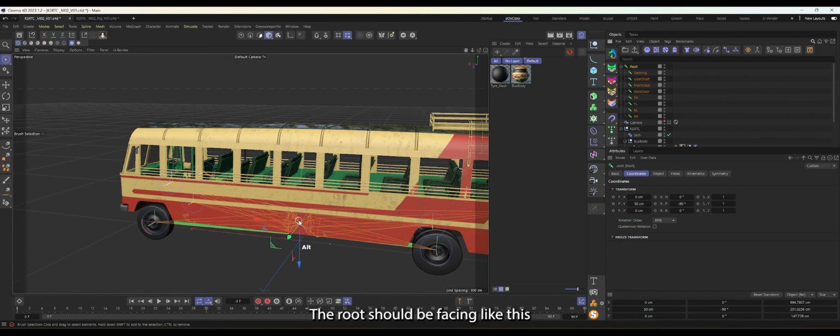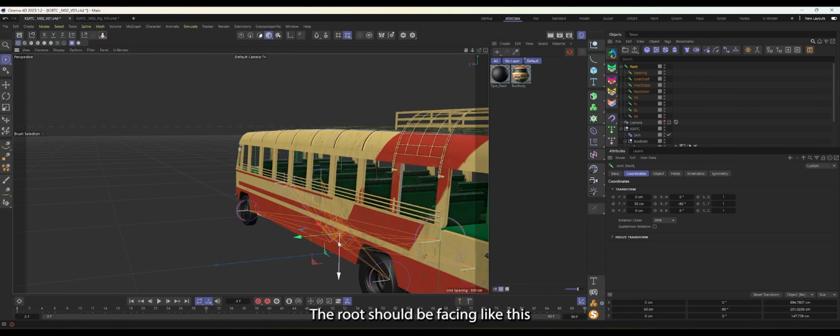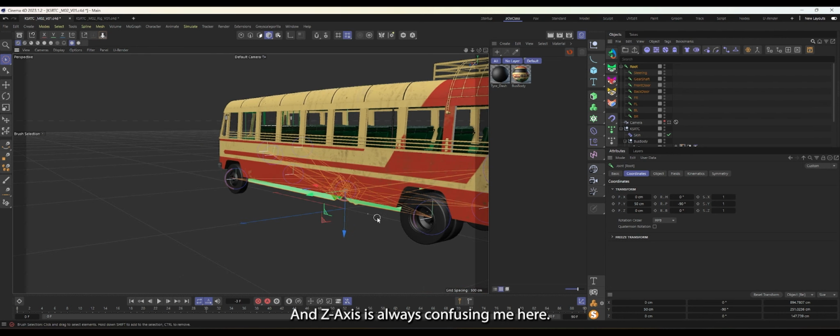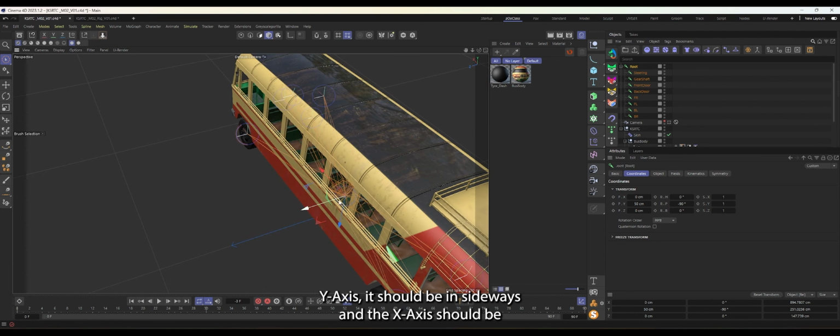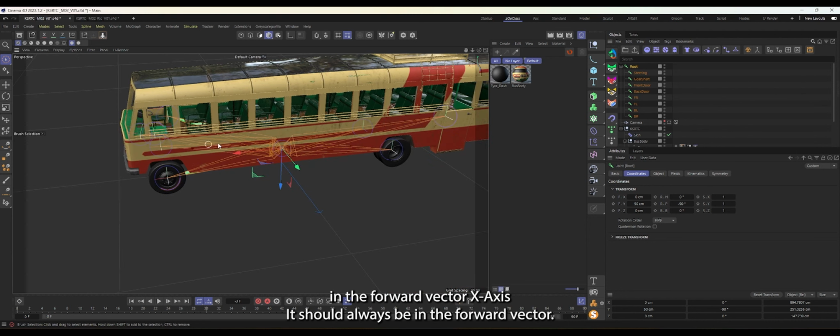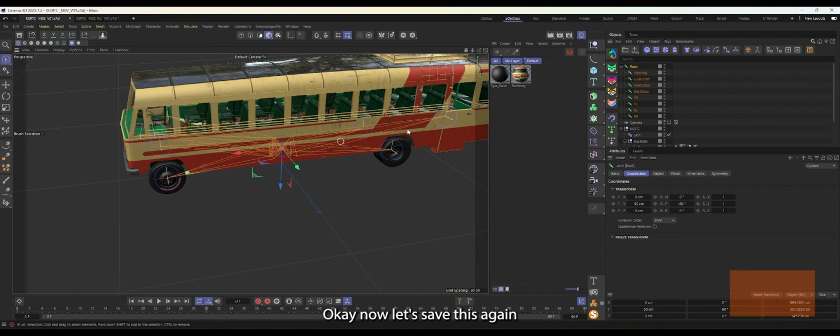The root should be facing like this. The y-axis and z-axis are always confusing me here with Unreal Engine. So the z-axis should be pointing downwards, the y-axis should be sideways, and the x-axis should be in the forward vector. The x-axis should always be in the forward vector. Okay, now let's save this again,